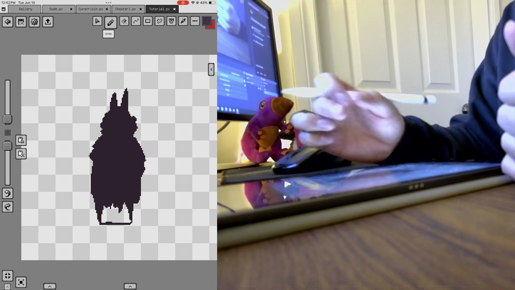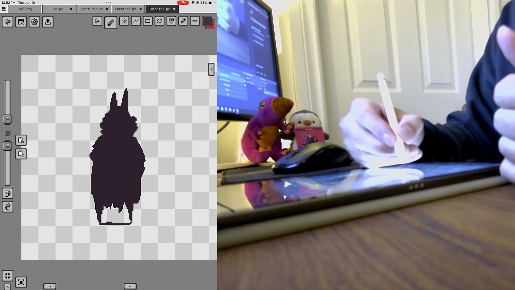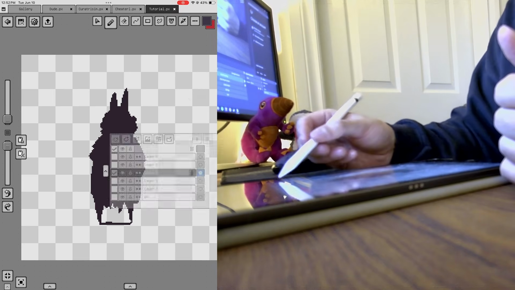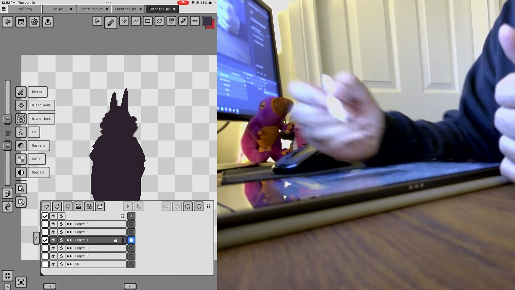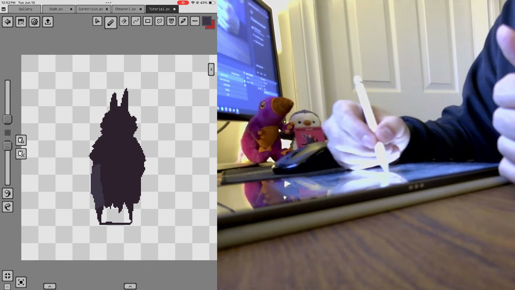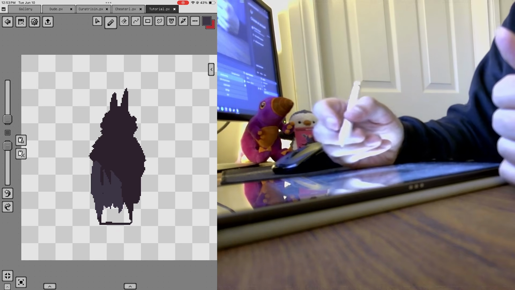You can see here. And we can just add in some, if we lock this, let's lock this layer. So we double click the layer and go alpha lock. You can see the little lock here. And that means we won't draw outside of that silhouette. So let's just do that and get some additional colors in here